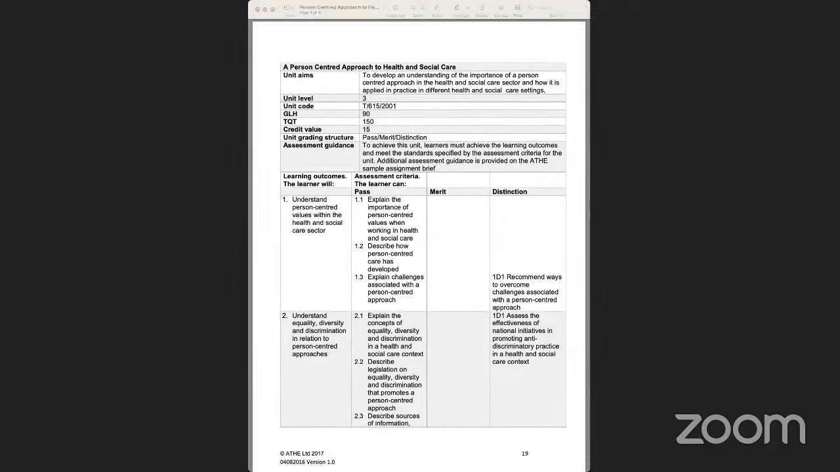So what we're going to do today is basically start discussion on Learning Outcome 2. And this discussion on Learning Outcome 2 is going to be covering understanding equality, diversity, discrimination in relation to person-centered approaches. Now, the reason why we are looking at understanding this is because when we look at the